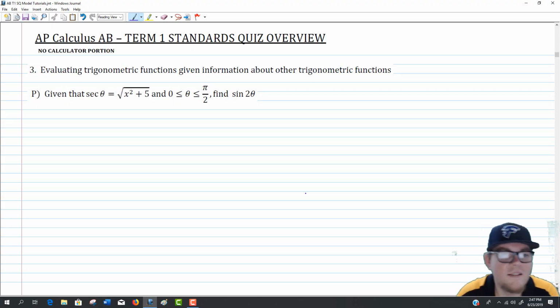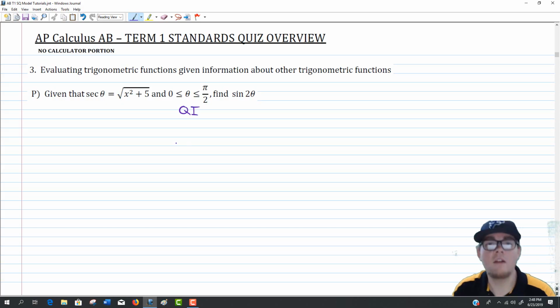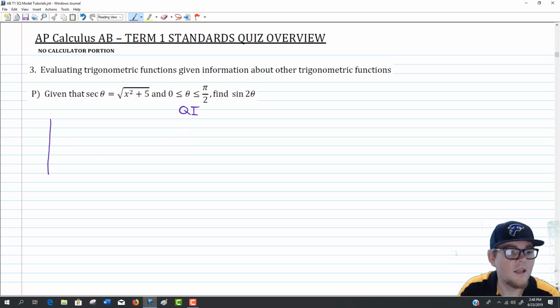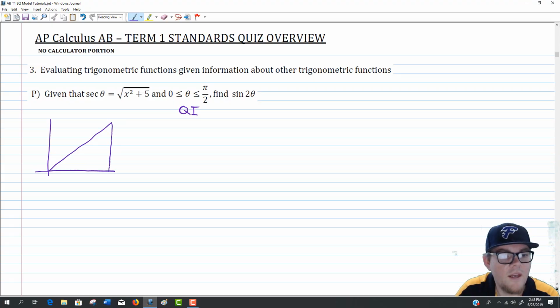But then we also ask you to find sine of 2 theta, which is a much more complicated identity for us to have to know and remember, or else derive as you're working your way through. So in here, though, the first thing I note is, once again, you've been gifted an angle in quadrant 1, which is nice. In a sense, you could almost drop the entire axes, but I like having that coordinate system there. So we've got an angle theta in quadrant 1, and the secant of that angle is going to be